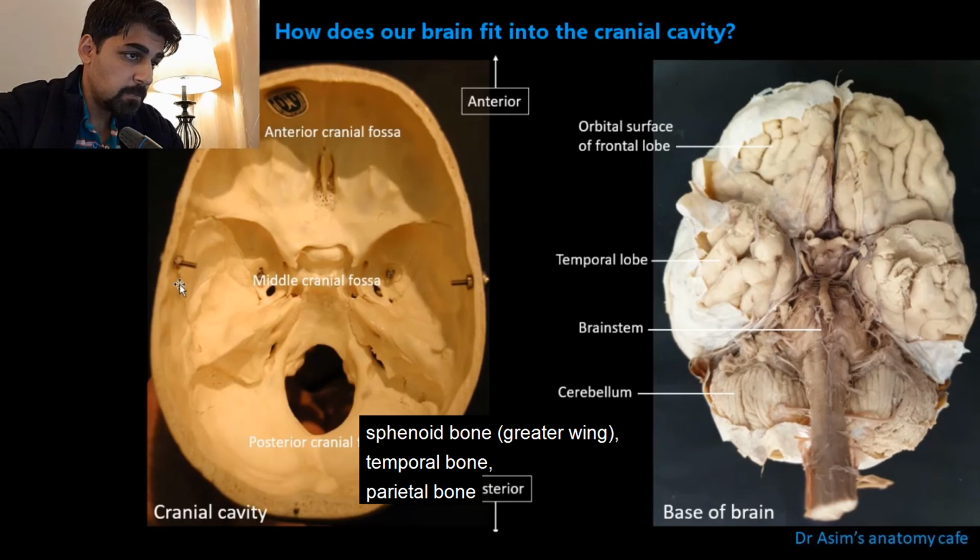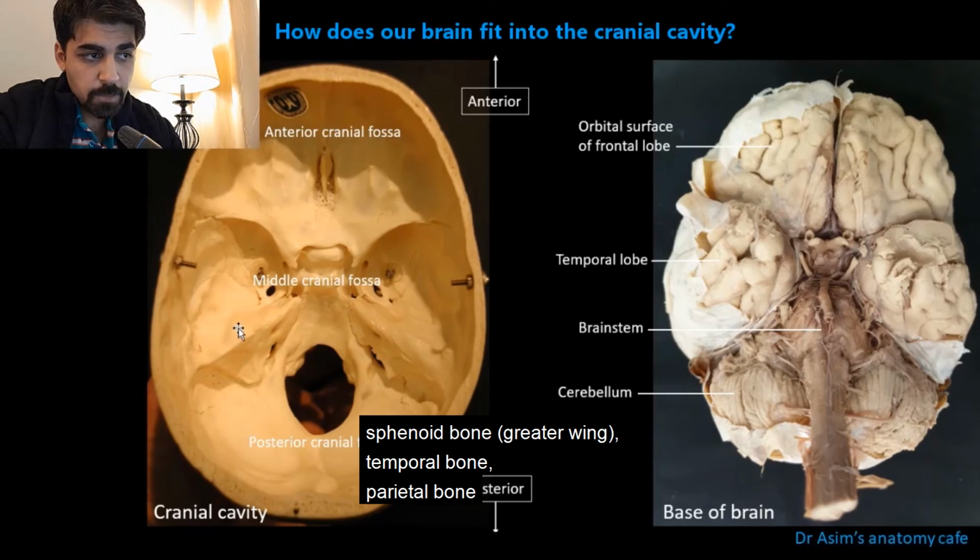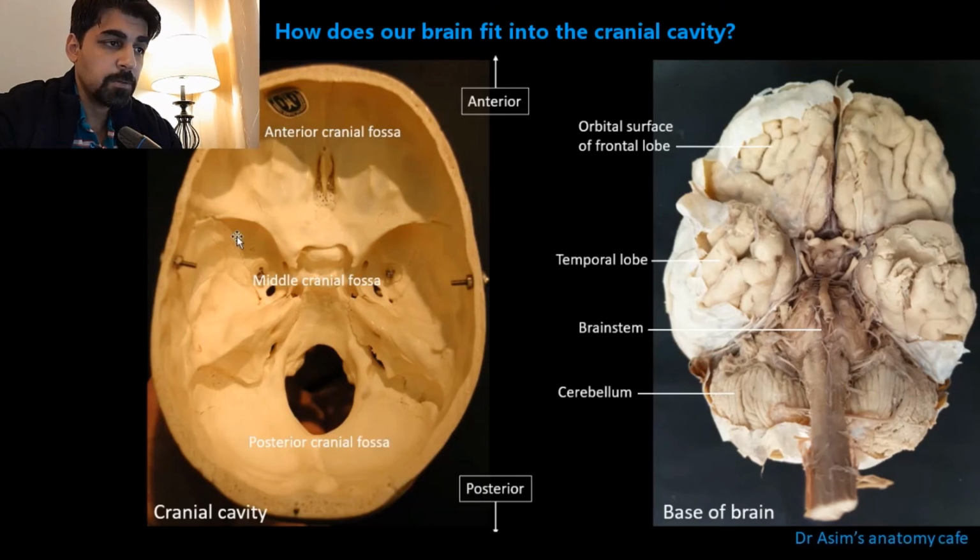And then we can see this region here. This is basically the temporal bone, and it extends behind over here, forming the petrous part of the temporal bone. And so maybe there's a bit of parietal bone at the side over here as well. So these are the bones which are mainly forming the floor of the middle cranial fossa and housing the temporal lobe